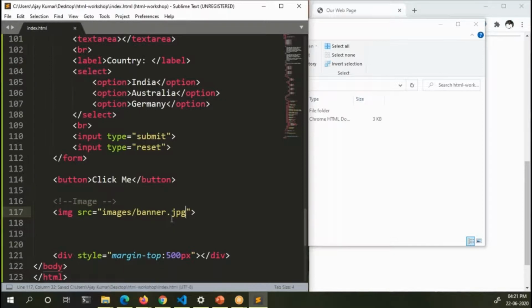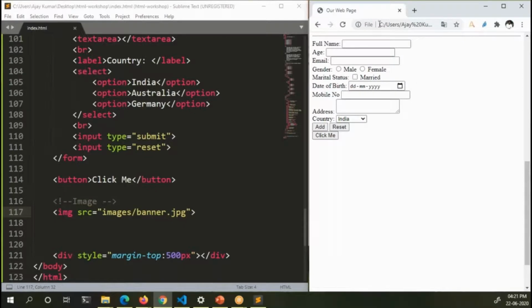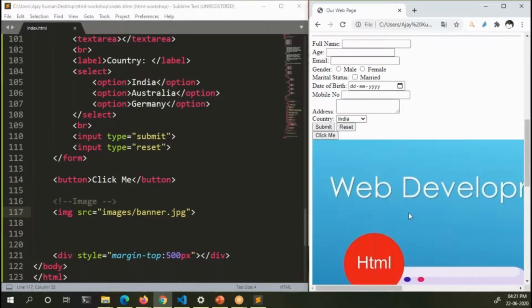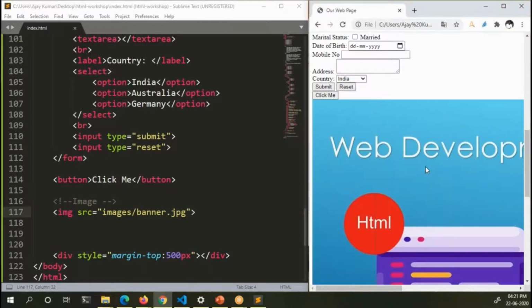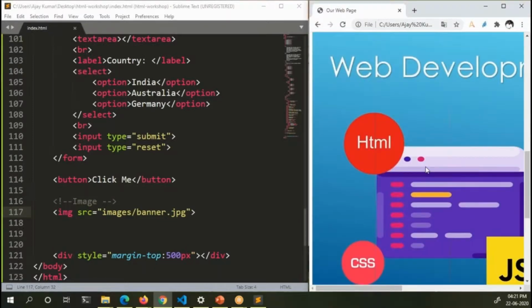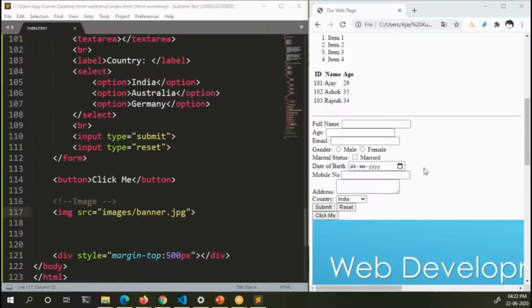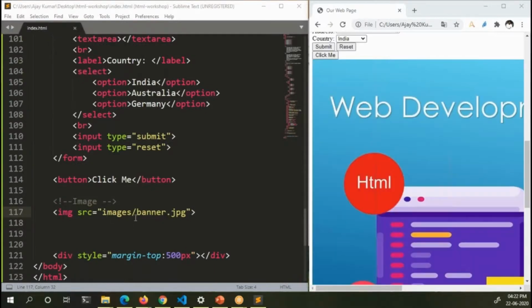I think the format is right. Okay, save. And when you hit refresh, yeah, we got the image in the browser. So here we are displaying the image. Okay, got it. So images slash banner.jpg.